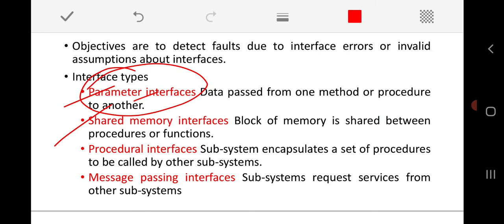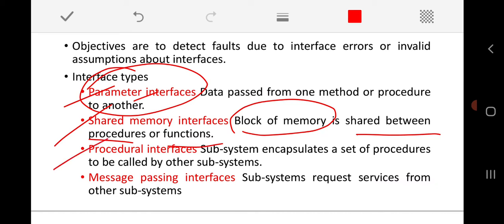Similarly, another interface is the shared memory interface, where a block of memory is shared between procedures or functions. Another type is the procedural interface, where one subsystem is called by other subsystems with a set of encapsulated procedures that we define.